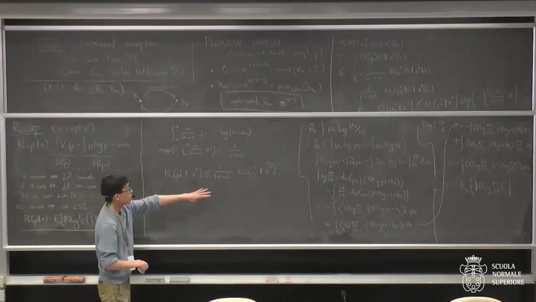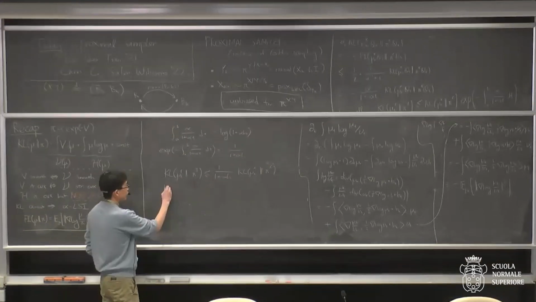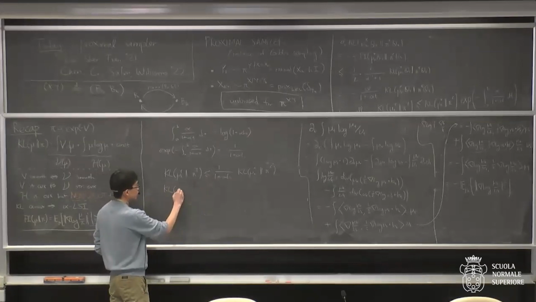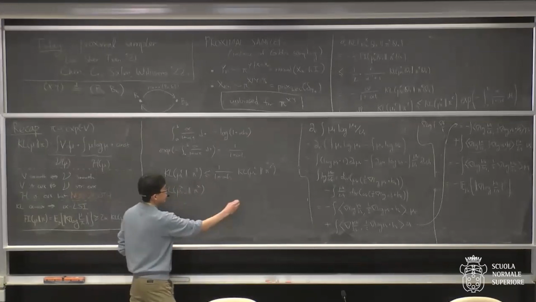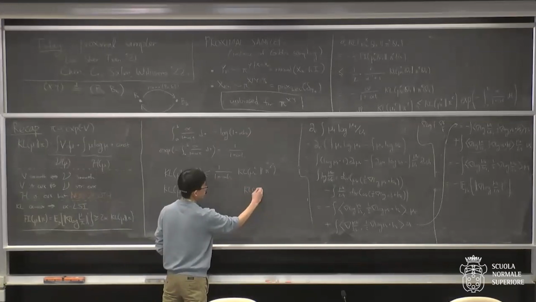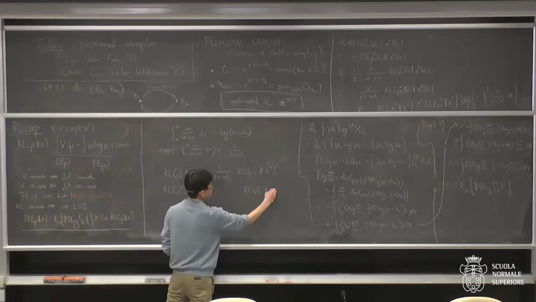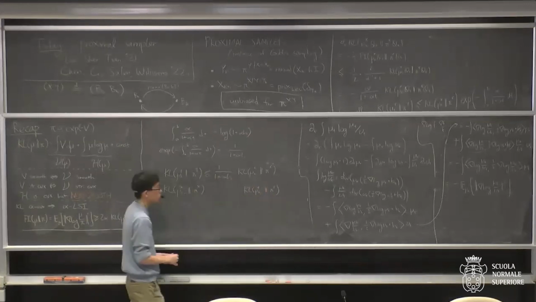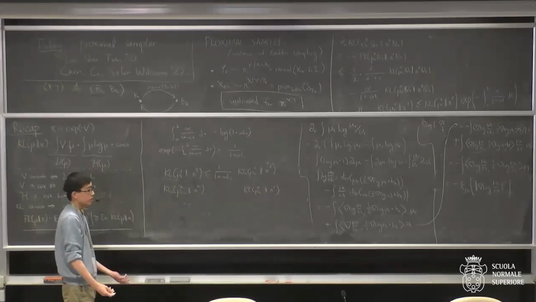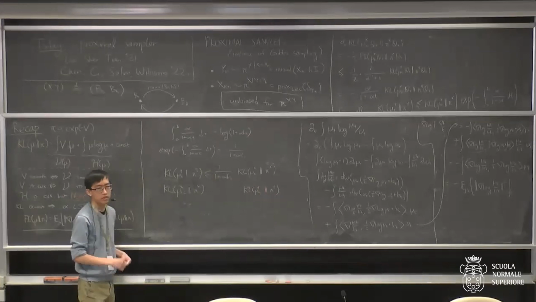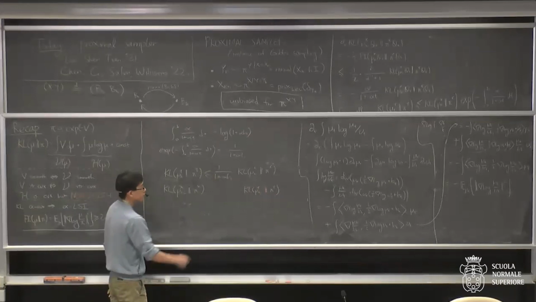So this tells me from x to y, but I need to go back. So I need to understand how the KL divergence between the x's at the next iteration compares with the KL divergence between the y's. Okay, so let me tell you the short answer and then the slightly longer answer. So the short answer is